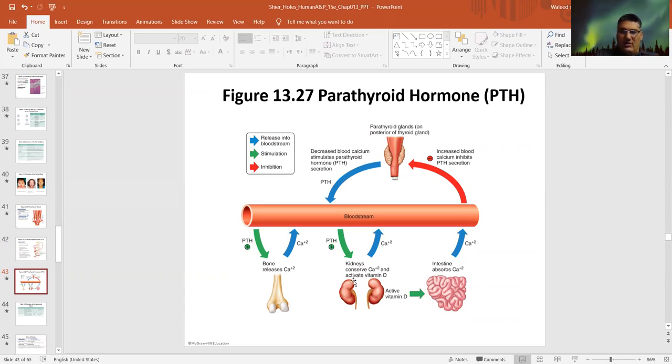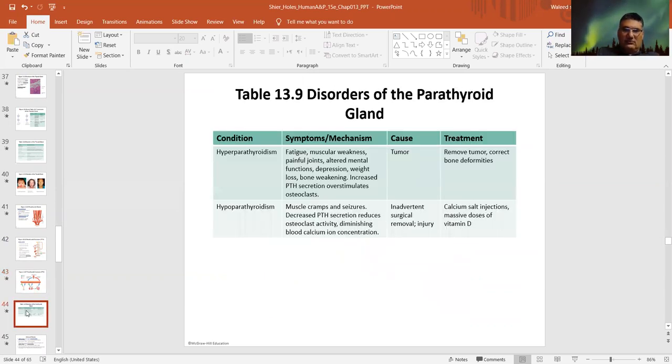This is one. How about the kidney? Decrease calcium loss in the kidney. You take it back. In the bone, you take calcium from the bone, send it back to the blood. So this is a comparison between hyper and hypo. A hyper, unfortunately, most of the time, it is a tumor. And hypo, most of the time,